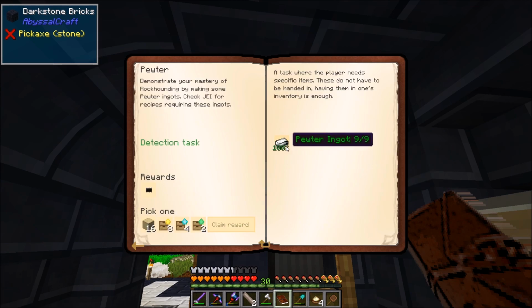And then we have pewter ingots. Make 9 of these, which, if you recall, we did last episode. And they're going to give us a microchip tier 1, and then either 16 2x2 drawers, 8 storage upgrade 3s, 4 storage upgrade 4s, or 2 storage upgrade 5s. I'm going to actually take...